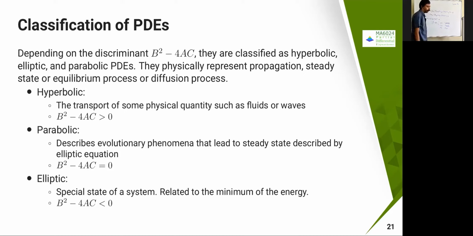We have already seen similar kinds of equations in terms of the heat equation, wave equation, and Laplace equation. Those are also going to fall under one of these categories. For example, the Laplace equation is mostly going to be elliptic, and we generalize elliptic equations like the Laplace equation. Similarly, you can see the wave equation and the heat equation; those are going to be classified too. Let's see what all the things are.